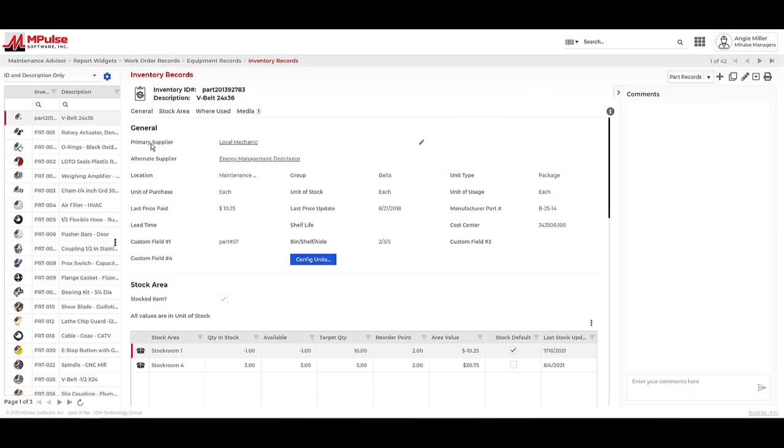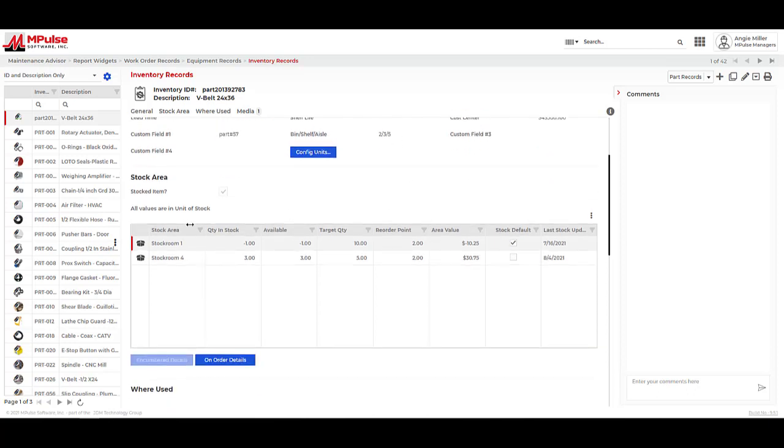In the inventory records, we can track suppliers we purchase our parts from. We can use these units of measure to break down how we interact with our inventory. We can track specific stock locations, quantities, and min-maxes in the stock area section. This will also show us what is encumbered on an open work order and/or set to reorder on an